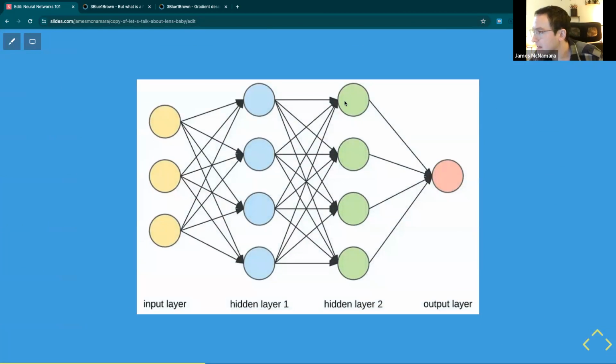So you take it one step back and say, okay, how much did this weight contribute to the cost? And we can simply calculate how much does a change to this weight impact the output, and how much does the output impact the cost? And so that will tell us how much to adjust this weight. And then we can go even further back and say, how much did this weight contribute to the output of this node, which contributed to this weight, which contributed to this output, which contributed to this, and all the way back. And that's why it's called backwards propagation or backwards chaining, because you are really